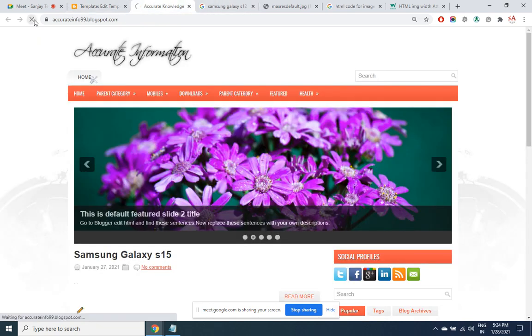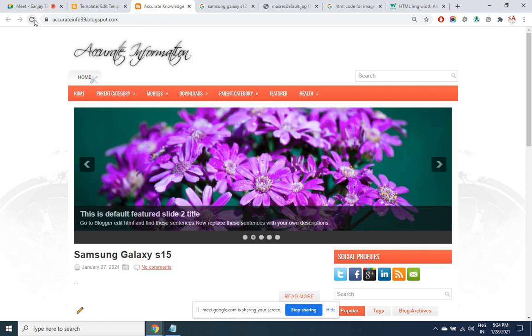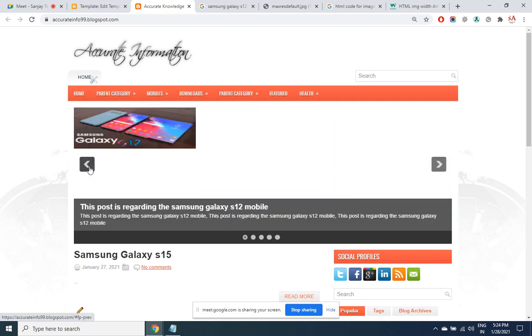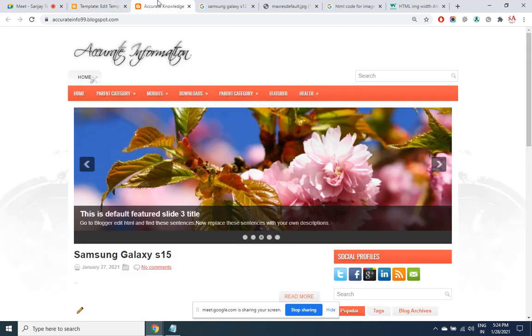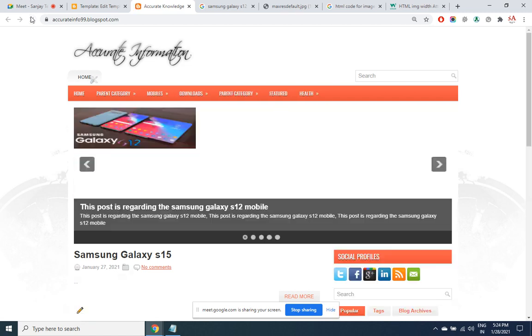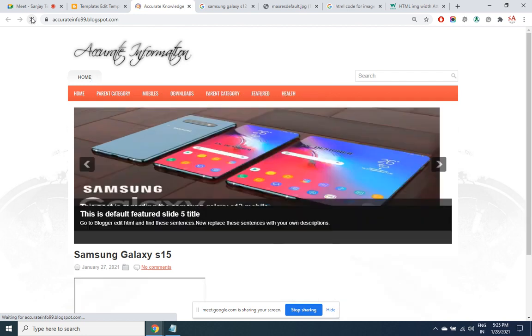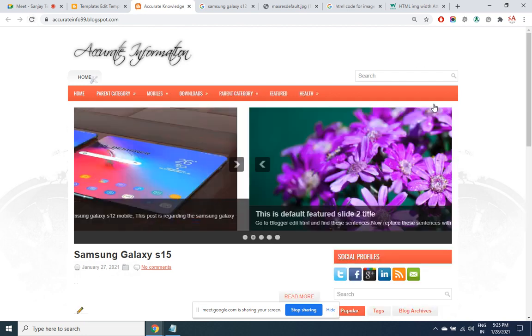Now that I refresh, image 1 size is reformed and it is coming too small. So I need to make the numbers bigger, maybe something like 3 times. So width 900, height 300. Let's see if this works. Better, but not yet fully. There is some gap here on the right side.